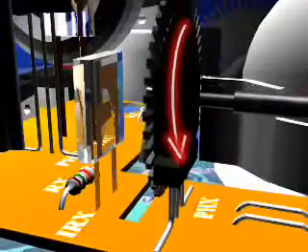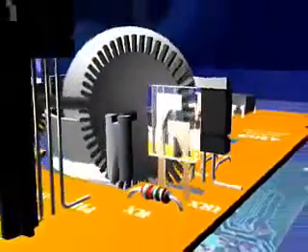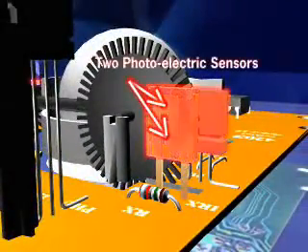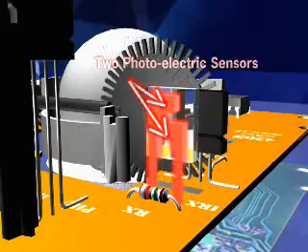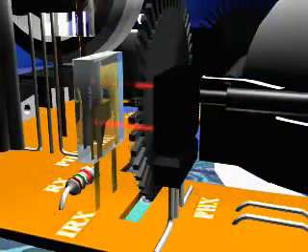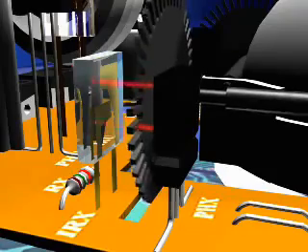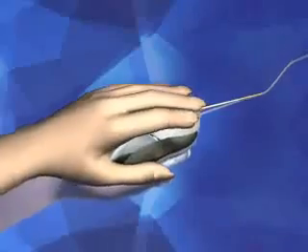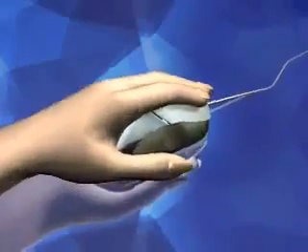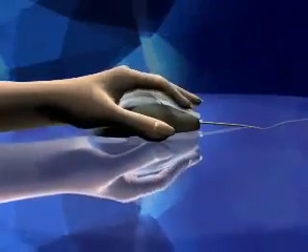Each disc rotates between a photodetector cell, and each cell contains two offset light-emitting diodes, also known as LEDs, and photoelectric sensors, mounted on opposite sides of the encoder. As the disc turns, the sensors see the light appear to flash during movement as they receive pulses of light from the LED through the holes in the wheel, while the offset between the two photoelectric sensors shows the direction